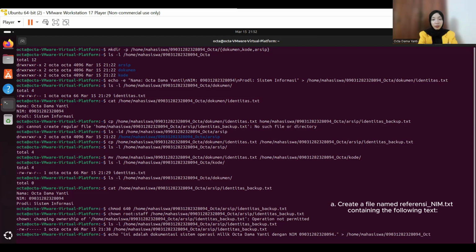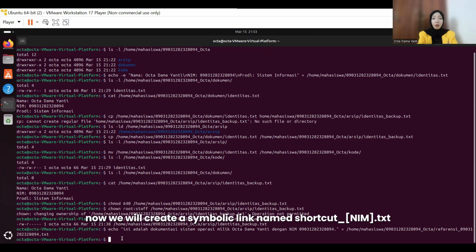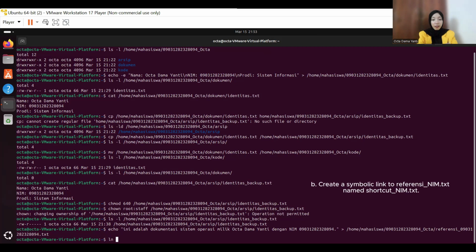name_name/referensi_name.txt. Now we will create a symbolic link named shortcut_name.txt that points to this file. We use the ln -s command to do this. Type